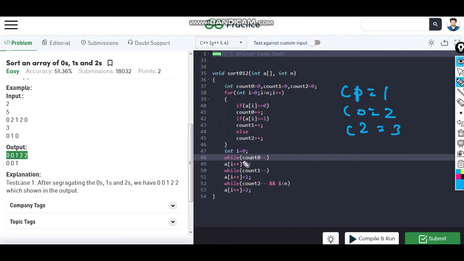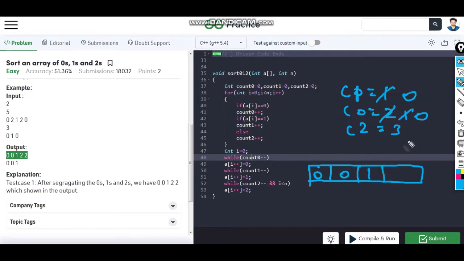While counting, let's say count of 0 is 2 and count of 2 is 3. So what am I doing? I am updating that array starting from its initial index 0, and I am reducing count of 0 each time, so I put 0 in that array 2 times. Similarly for count 1, I update that array with 1 and reduce the count.